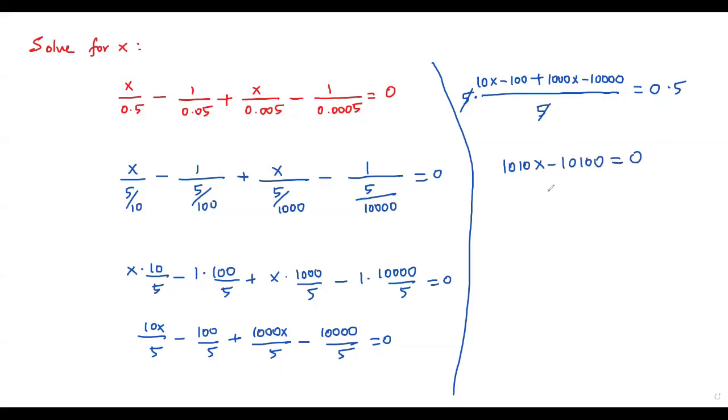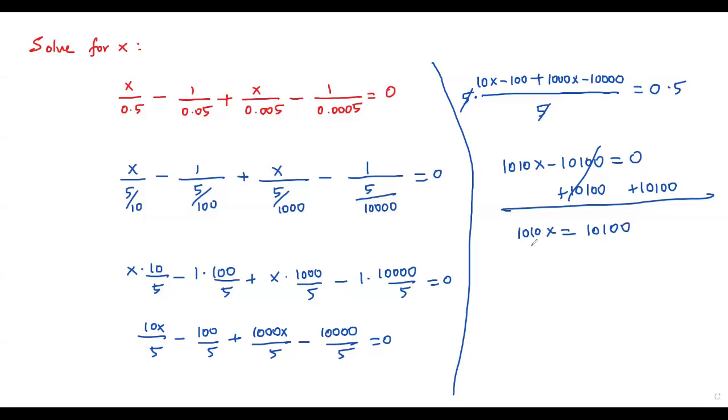Okay, now to solve for x, we have to isolate x. For that, we have to get rid of all the values around the variable x. First, let me get rid of this 10,100. For that, we have to add 10,100 to both sides. Let me do it. So when I do so, this negative value and positive value will cancel. I'm getting 1010x equals to